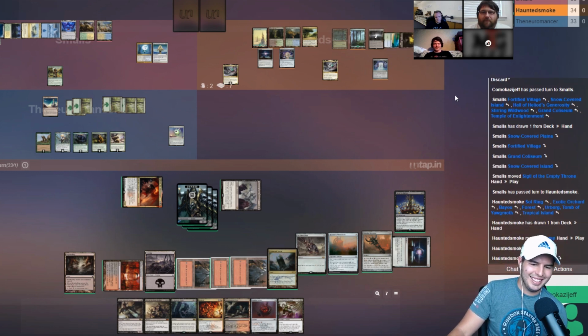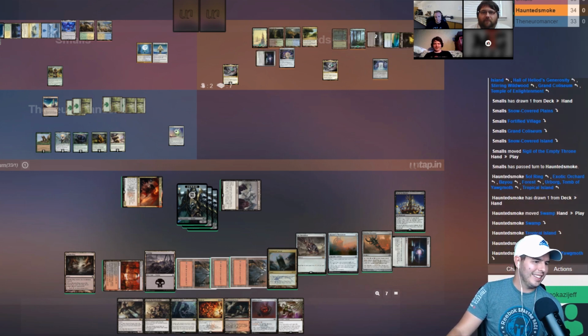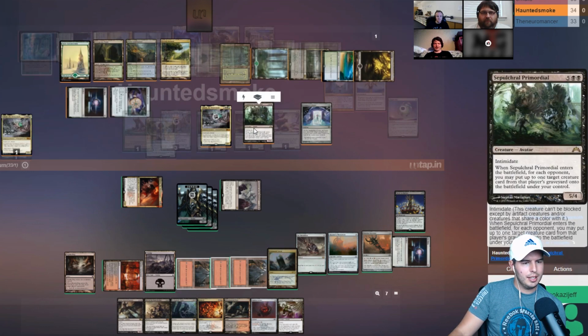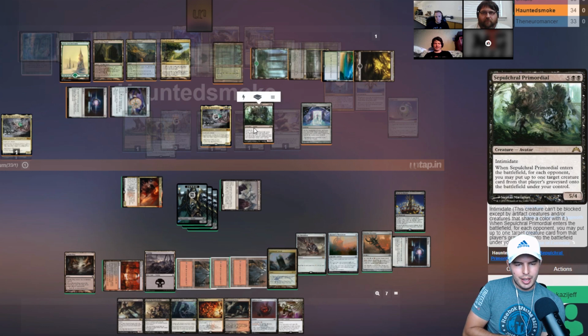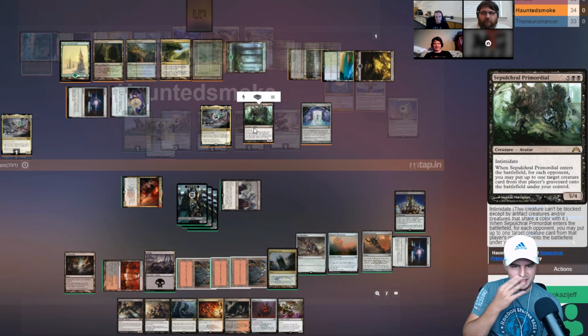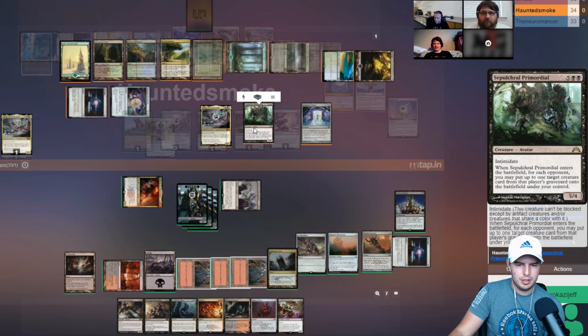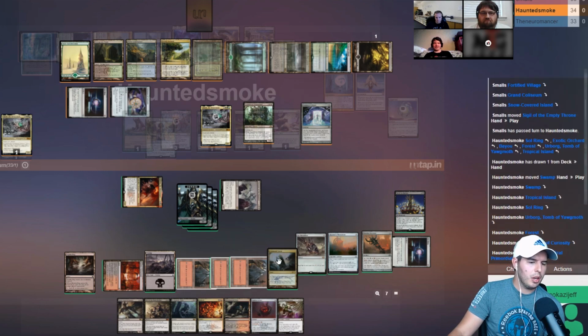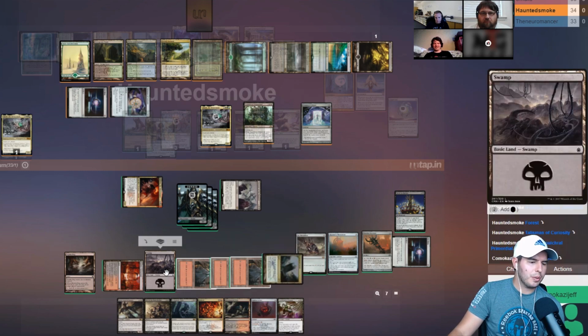1, 2, 3, 4, 5, 6, 7. We're gonna cast Sepulchral Primordial. When it enters the battlefield, I get to choose a creature from each opponent's graveyard and put it onto my battlefield. Okay. Interesting. So I get to do that twice. Or you get to do it twice, but before